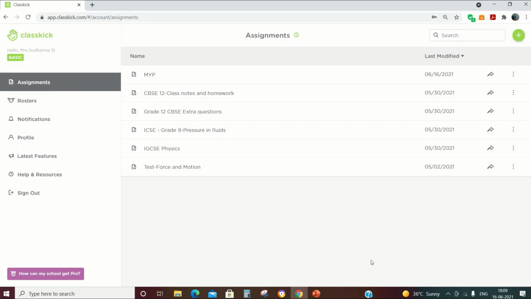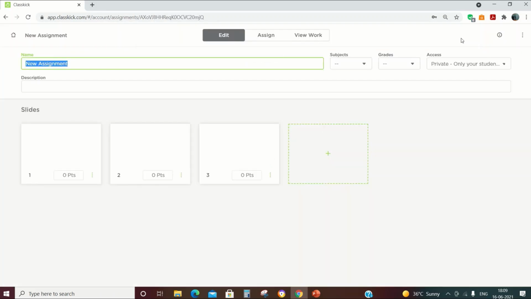So how do I create my assignments and how do I share them with the students? I'm going to click this plus option here. Once I click that plus option, you can see a new blank assignment, and it takes us to this page. I'm going to type the name of my assignment. I'll just type ClassKick tutorial today.